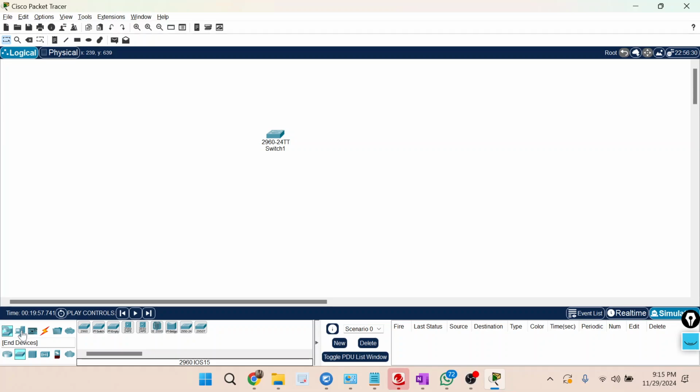Then I will have some PCs. I'll take 4 PCs. Simple labs, we will start with simple labs, then we'll go with more complex labs also, once you start understanding the concepts.